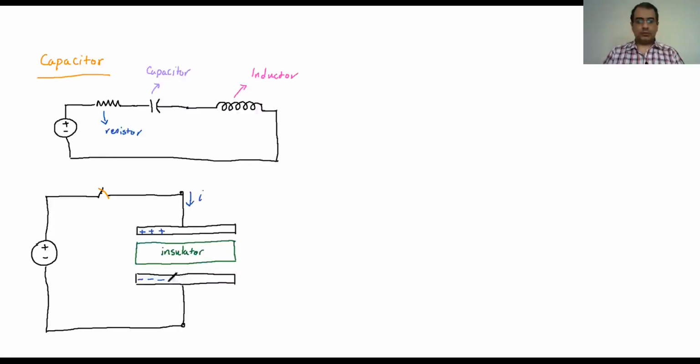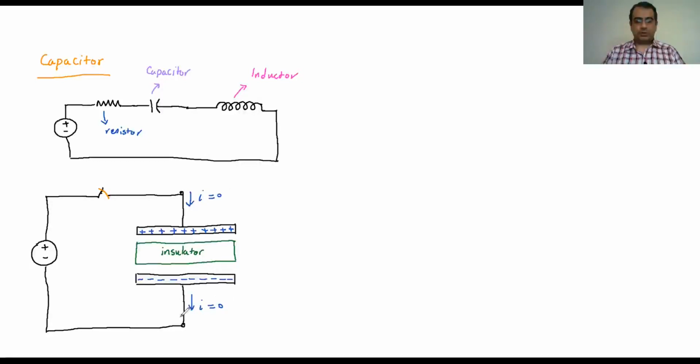So the positive charge starts to leave that other plate, and only the negative charge remains. By the time I keep adding the positive charge, I push the positive charge from the other side. Again, I keep adding the positive charge, I keep pushing the positive charge away, and I have the current. But this continues until I push all the positive charge away from the opposite plate. When I get to that point, that all the positive charge has moved away, then at that point, the current becomes zero